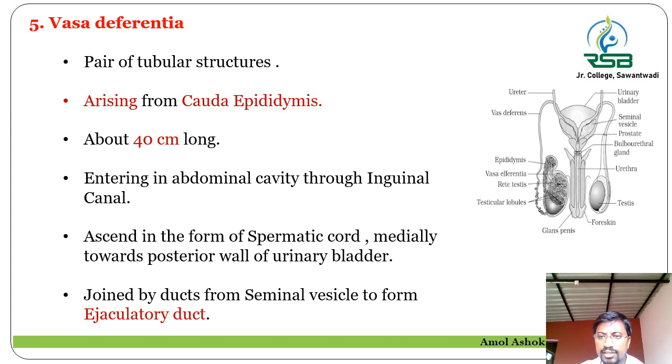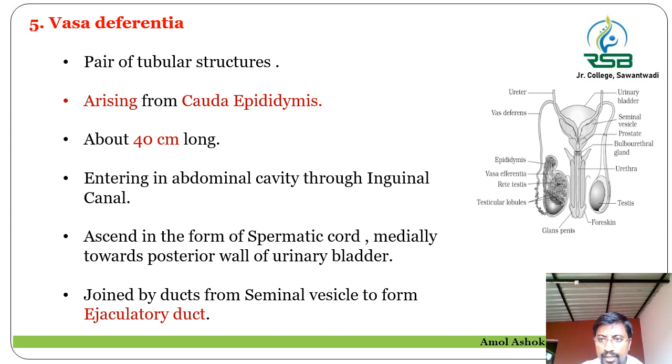Then this pair of tubular structures enters the abdominal cavity through the inguinal canal, and they ascend in the form of the spermatic cord, as the sperms which are generated inside the testis are carried with the help of the vas deferentia. Then posteriorly it opens into the urinary bladder. So here it is one duct of vas deferens, here it is one duct of vas